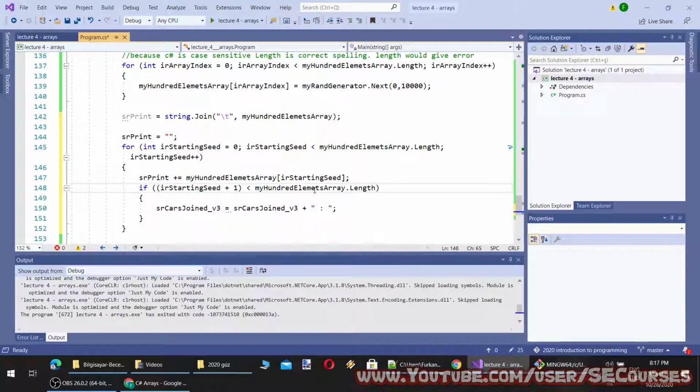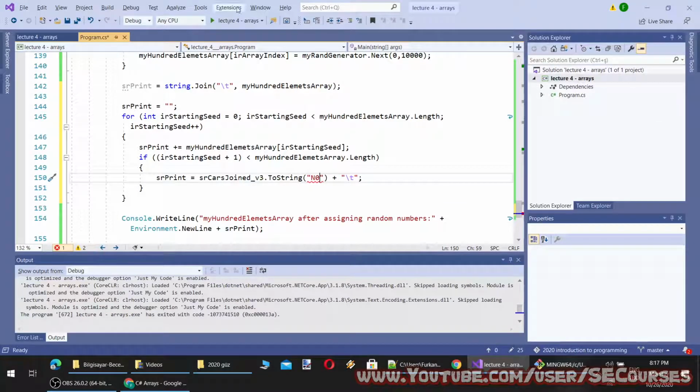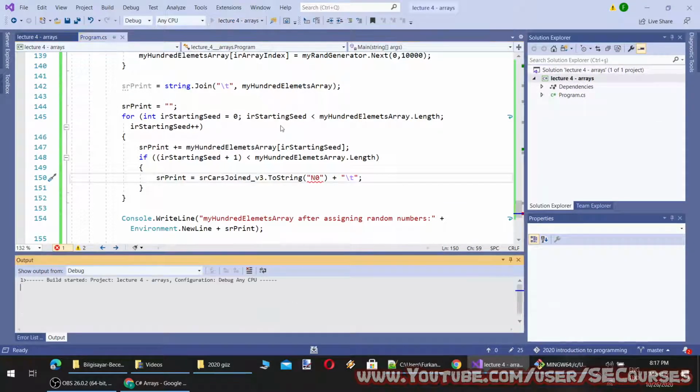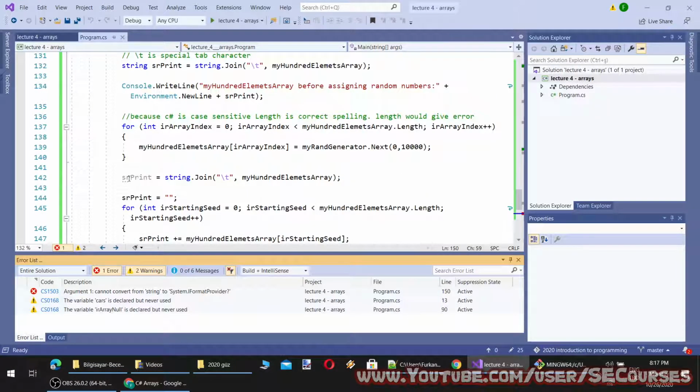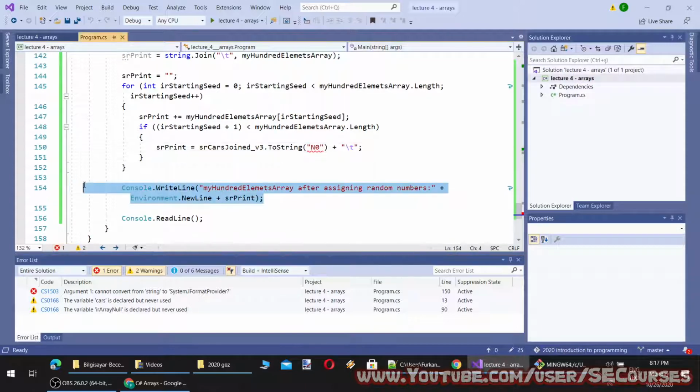I'm going to change the array names, and I'm going to change sprint, and this time actually what I am going to do is like this over t, and this will be to string with and 0. Okay, so let's parse it on the screen. Let's call it differently. So I'm going to make it like this.